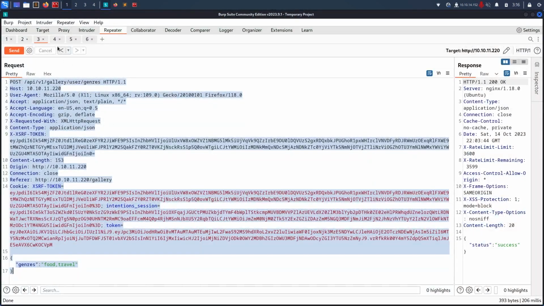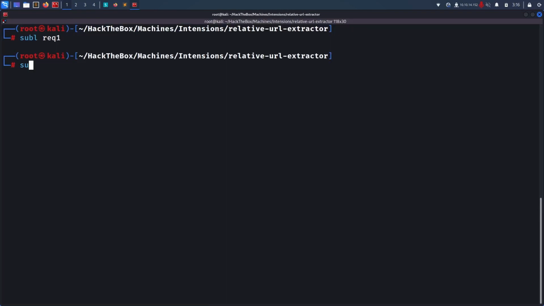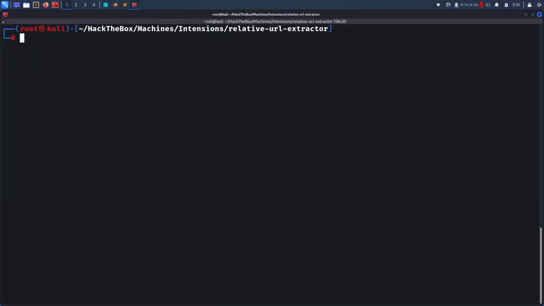Let's move on to number 4, again copy this all, and Sublime request 2, save, done. So if I do sqlmap -r request 1, and then I will say --second-req request 2,